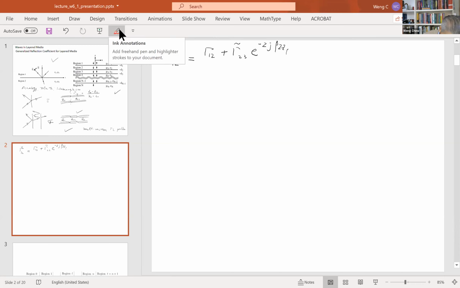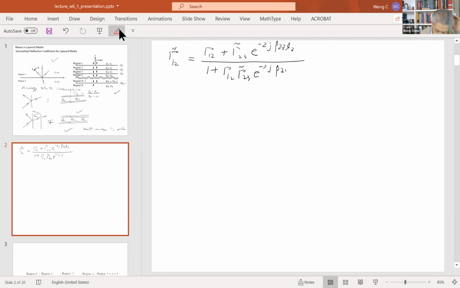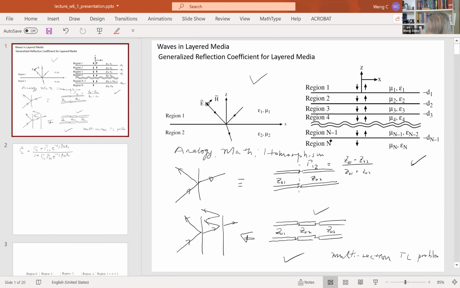Let me write this: over 1 plus gamma 1,2 gamma 2,3 tilde e to the minus 2j beta 2z L2, okay? So what we do then is that if we have this problem, and if this length is L2,